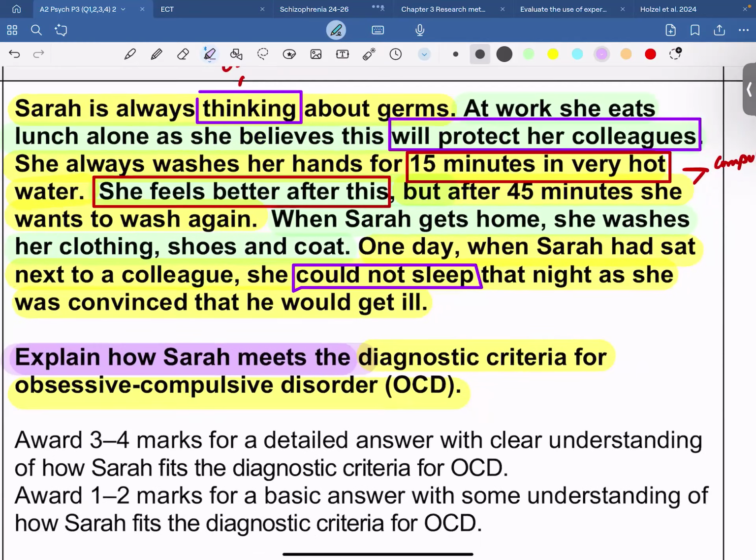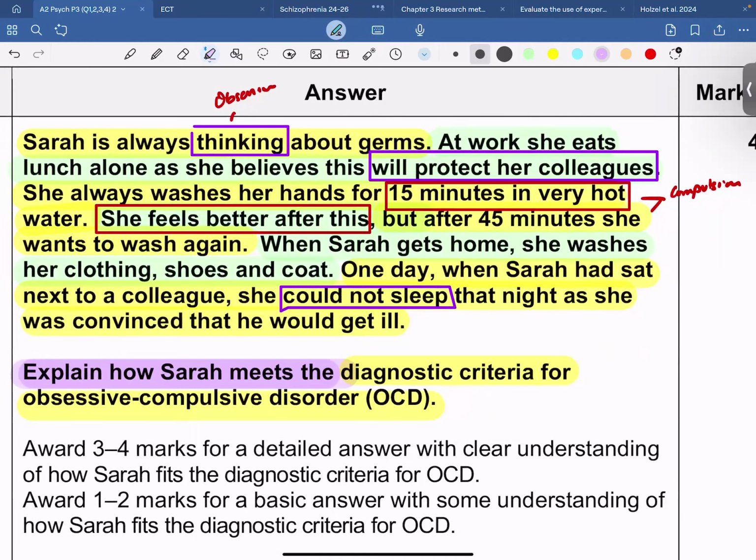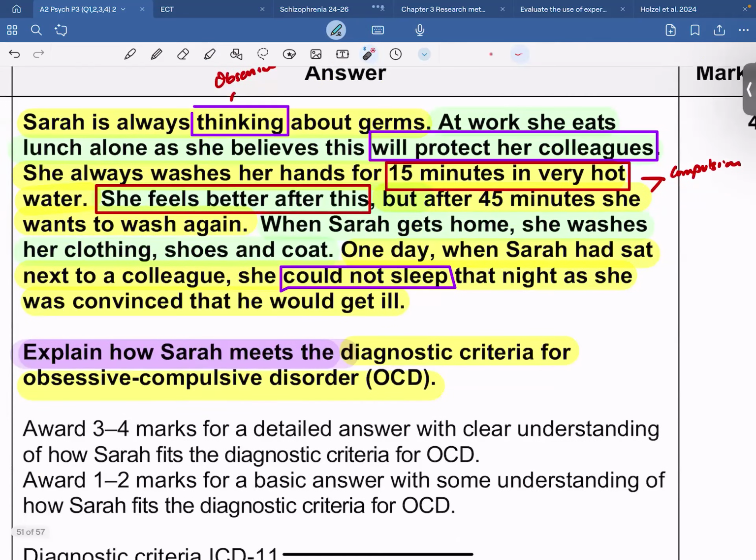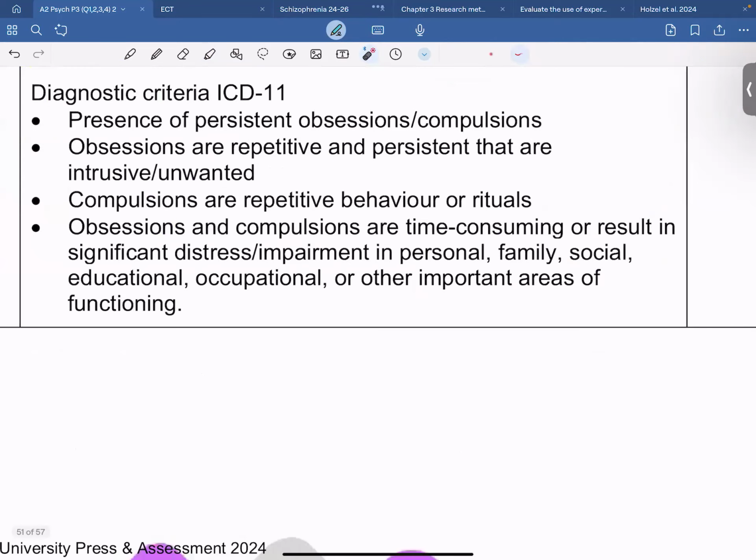Now, the purpose of this revision video is to help you with revising, like I said, the diagnostic criteria for obsessive compulsive disorder. The reason why I read this question was to help you in terms of how, after knowing the diagnostic criteria for a particular mental illness, you could put that knowledge to use to be able to answer a question in your CIEs. So to begin with, having a look at the diagnostic criteria for OCD from the ICD, where OCD is obsessive compulsive disorder and ICD is International Classification of Diseases,